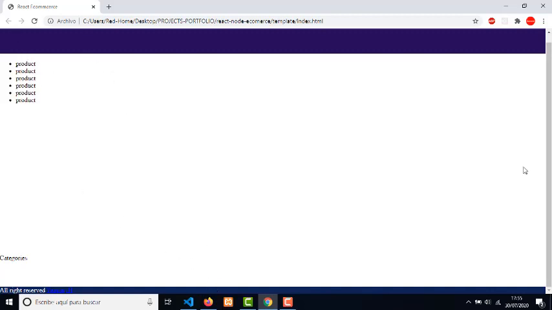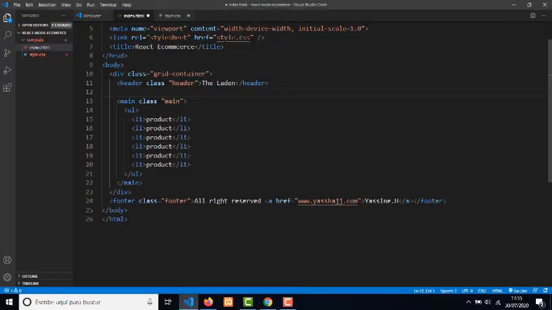For example, I'm going to put different brands, from clothes to shoes, I mean everything. For that I need to create a div with a class of brands, and inside I want to create